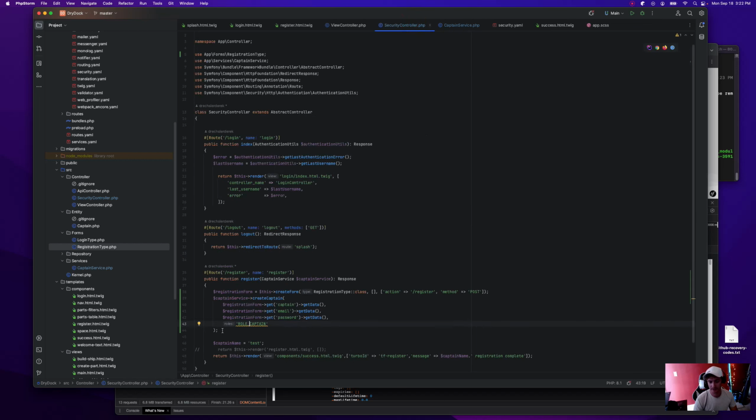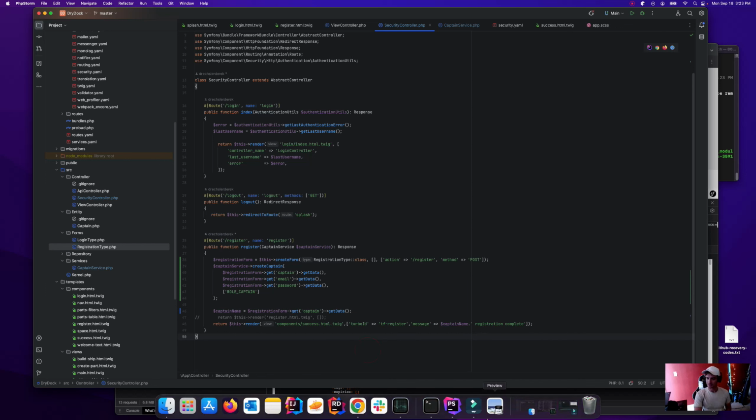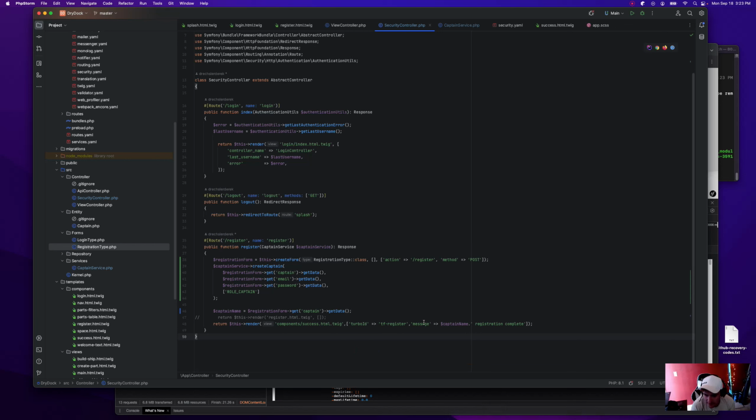Just being extra goody two shoes. There we go. Too easy. Okay, that's going to create our captain. Then this is going to come back with our captain name. Obviously, we're going to have an issue because Docker's not running. So let's actually see if this works end to end.